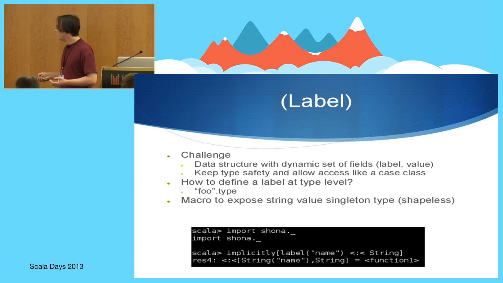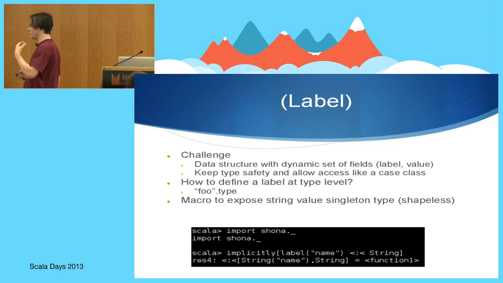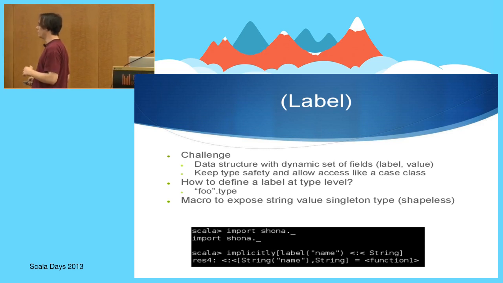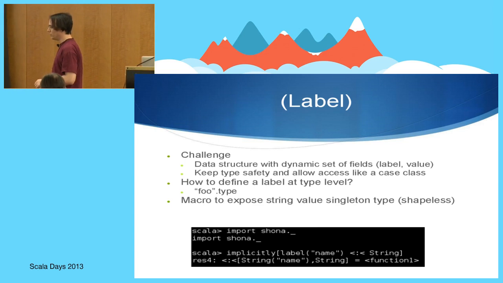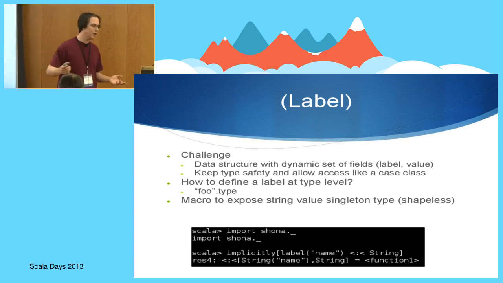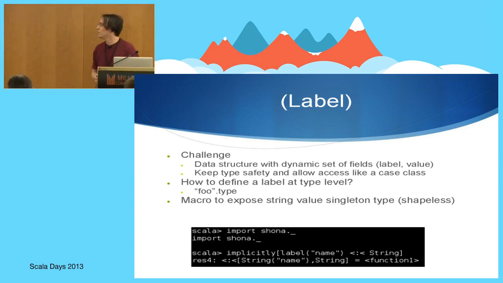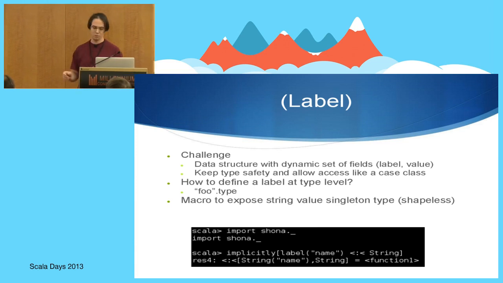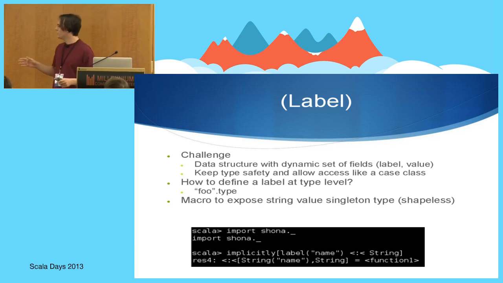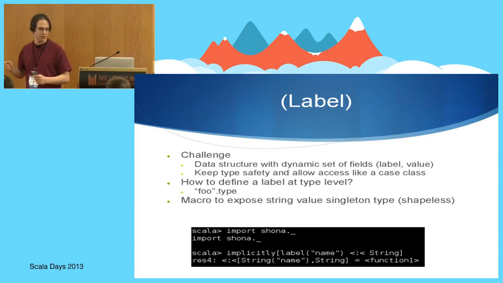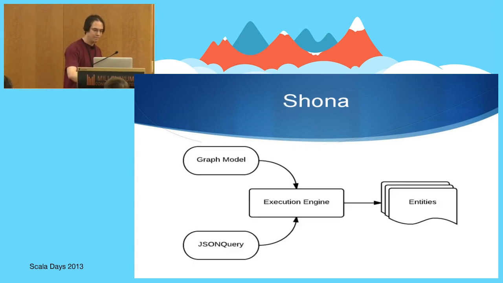So here we see, this is a type. You call label and you give a string, and this will generate a type which is actually a subtype of string, but which contains the actual value of the string. This is a technique you will see later that we'll use to encode this kind of information in the type. I understand it might be a bit confusing now, but it will make more sense once I show the other example.